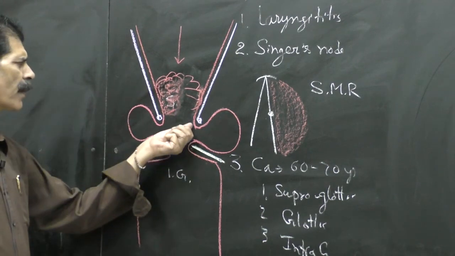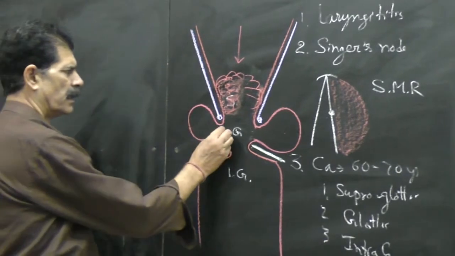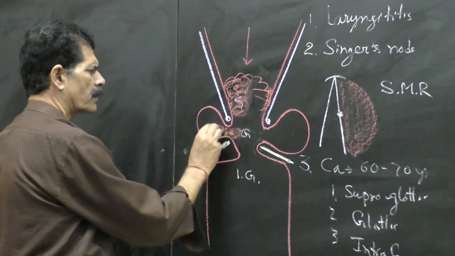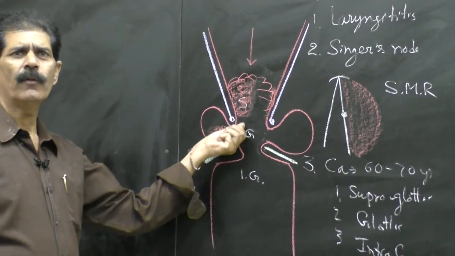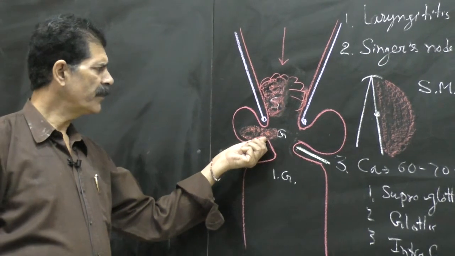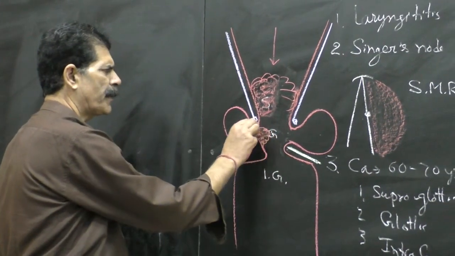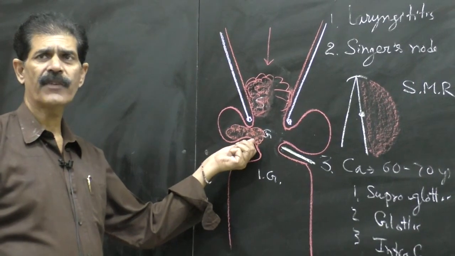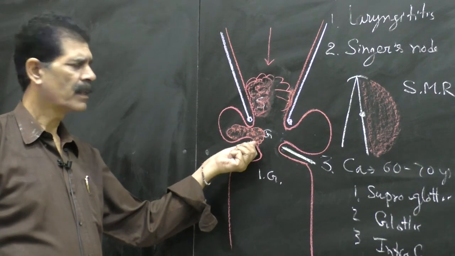Second is the glottic part. So whenever there is any growth in the sinus, here or here also, there is no respiratory problem, no vocal problem. But if the vocal cords are involved, then the patient may have voice disturbance. The phonation is affected, and the patient consults the physician.